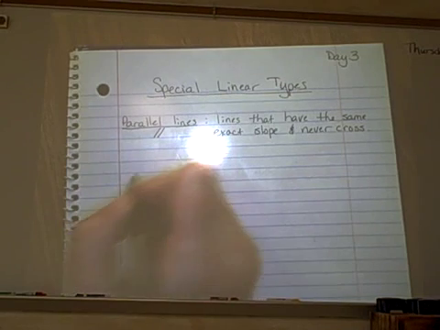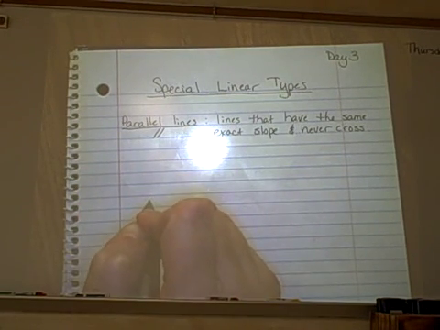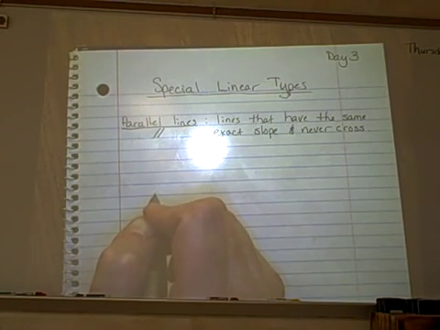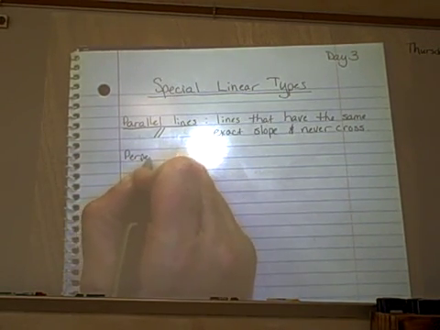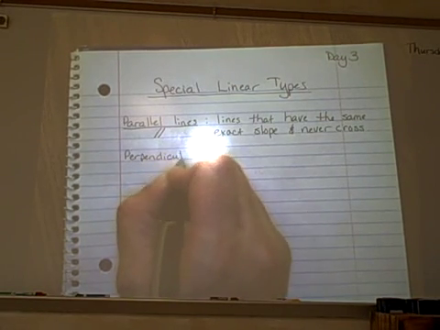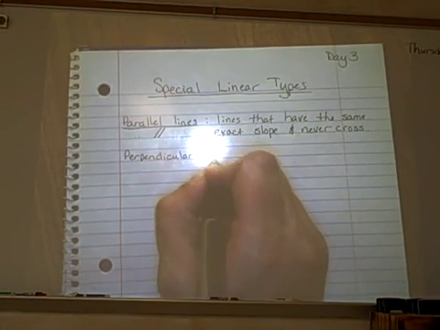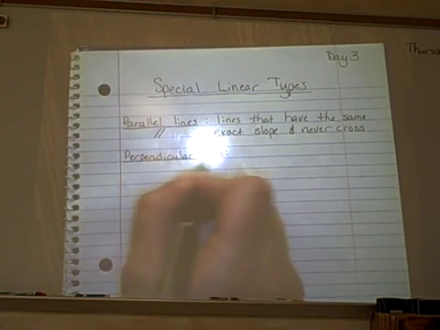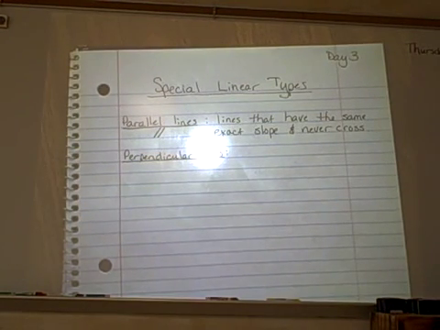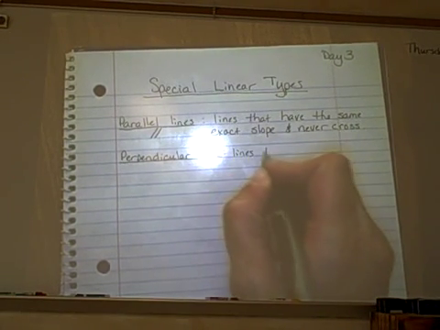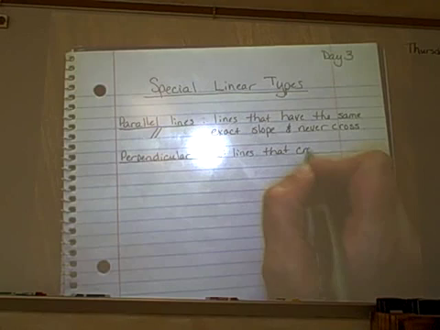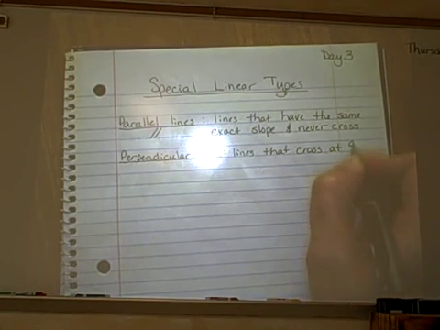Okay, the other type. Anybody have a guess? Straight. No, not straight. Horizontal. No, starts with a P also. There we go. Perpendicular. Perpendicular lines. And I don't know if you remember perpendicular lines, but they are lines that cross at a perfect 90-degree right angle. So these are lines that cross at 90 degrees